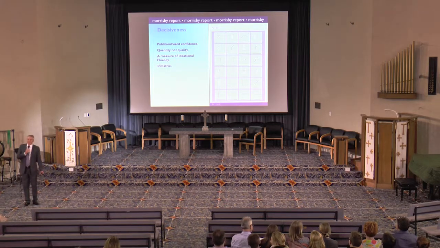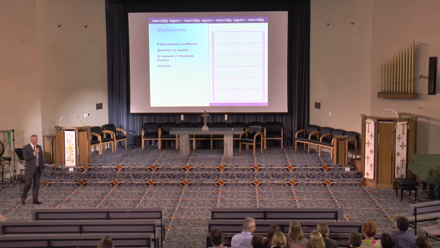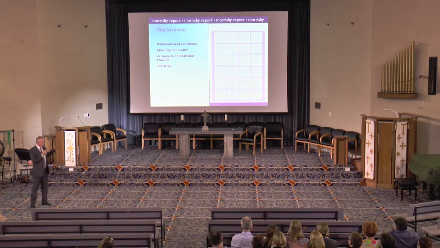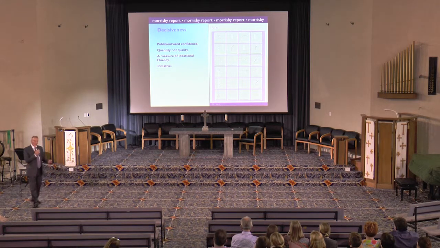Here's one of 2 tests which feed into the decisiveness score. Now, we have to find catchy one-word descriptors for all this, so decisiveness is the label. But depending on combinations of scores, you might call this initiative, you might call it outward confidence. Technically, it's ideational fluency of ideas. And what the students had to do was in 2 minutes add just a few lines to each of these shapes to turn it into a meaningful drawing and write underneath what it's meant to be.